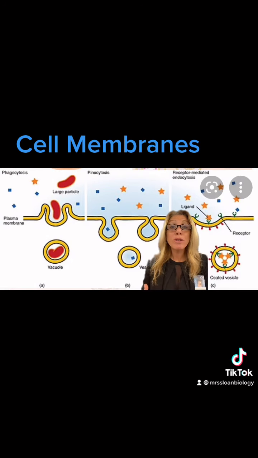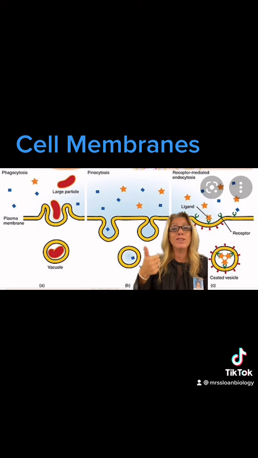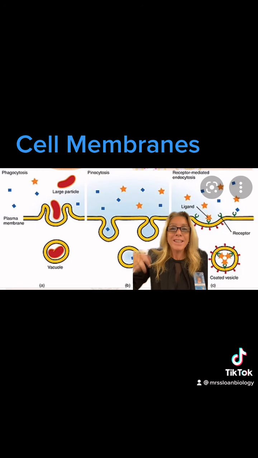And lastly, bulk transport. This is where you can't go through the phospholipid bilayer or a channel or carrier. You need a bigger way to do it. So that's endocytosis, engulfing, either pinocytosis, cell drinking, phagocytosis, cell eating, or receptor-mediated endocytosis, or exocytosis. Then it goes out of